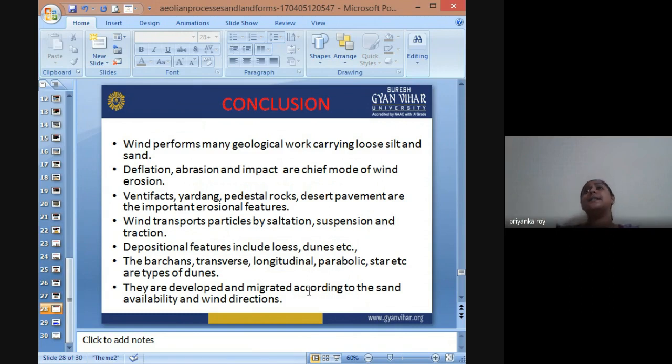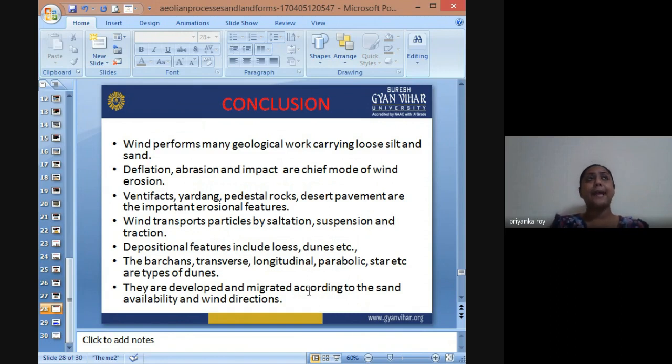Aeolian land processes can happen in two types of arid region, either cold desert or hot desert. Generally these aeolian land processes are seen in the hot desert. In cold deserts also we have certain aeolian land processes; mushroom rocks are seen there, and we have sand dunes also in cold desert. An example of a cold desert is the Gobi Desert, which is in Central Asia.